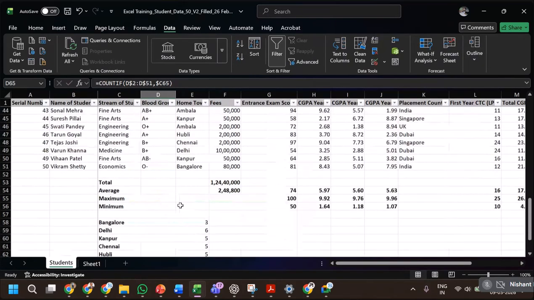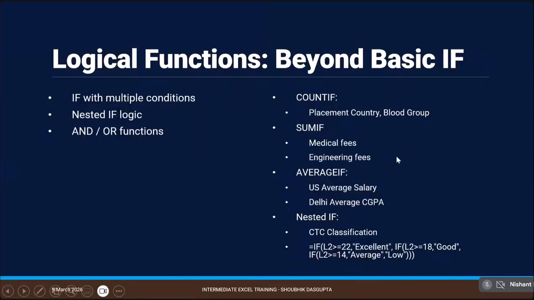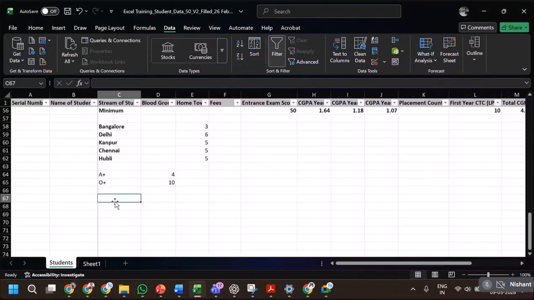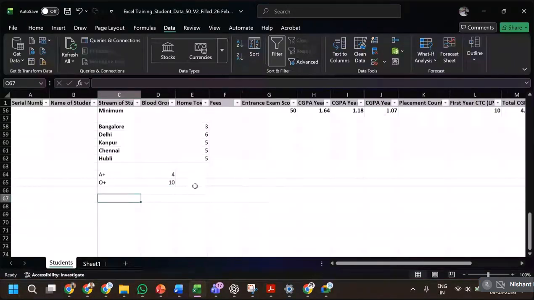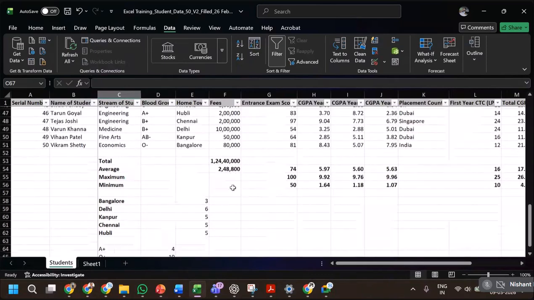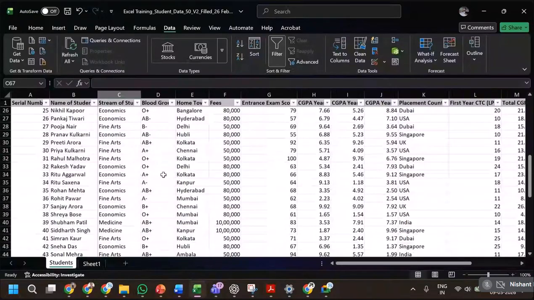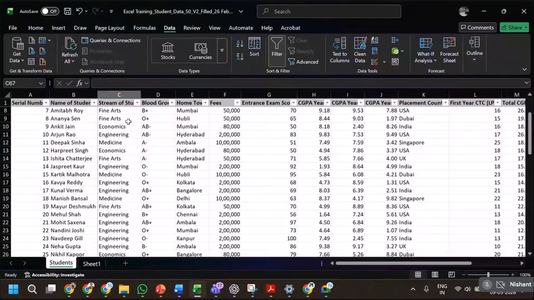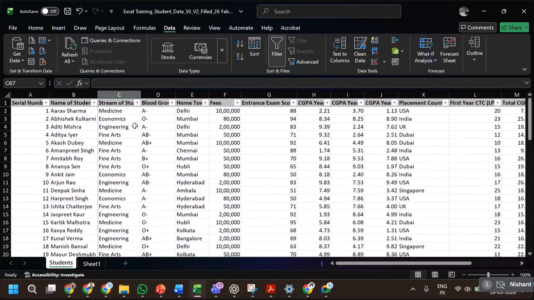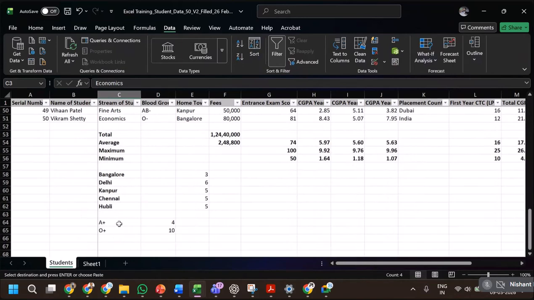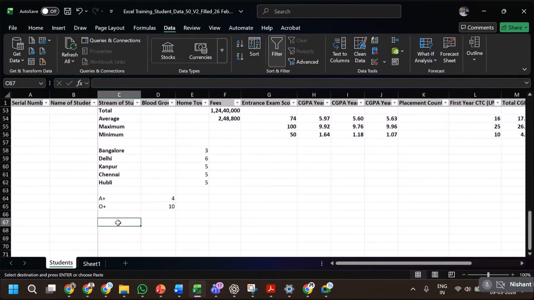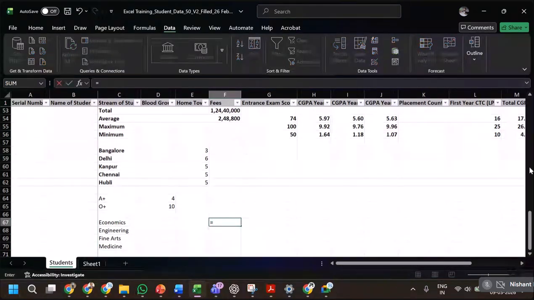Now, coming to the next IF formula, the next is SUMIF. There's a tussle between the medical, the medical anyway, the fees is very high. The college wants to see, there are basically 4 streams here: engineering, economics, fine arts, and medicine. So the college wants to see which of these are giving better revenue. You can just copy paste these here, and fees is this column, right? So the SUMIF formula is SUMIF,